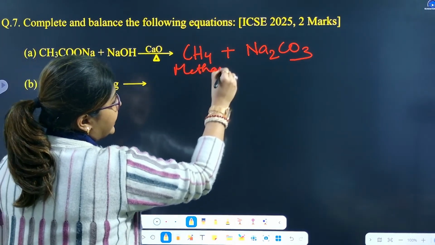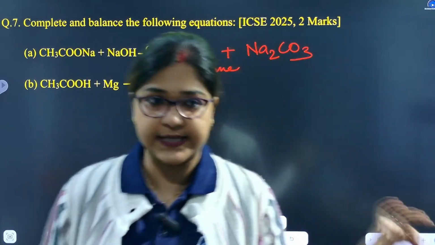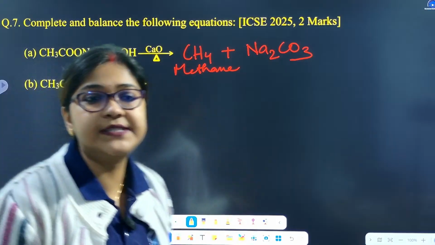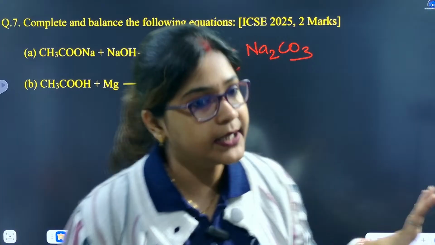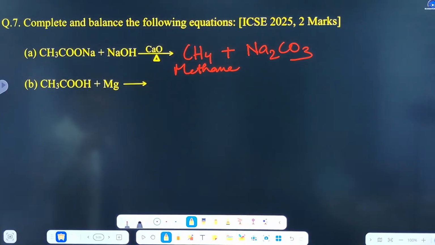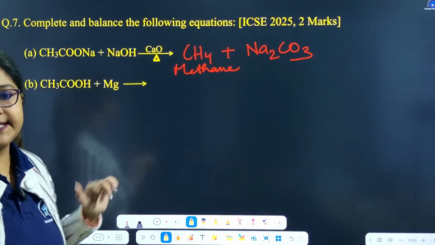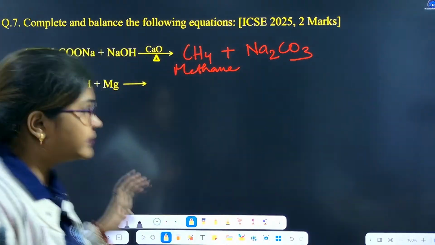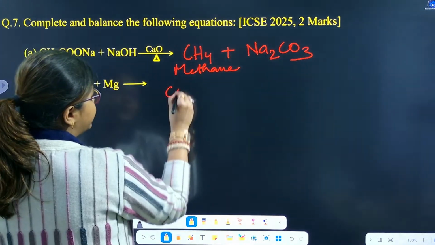So this is a very important synthesis technique of the alkane series. It is known as decarboxylation reaction in the presence of soda lime. Okay? The next question is what? Acetic acid. It reacts with magnesium. So acetic acid, when it reacts with magnesium, this will give me